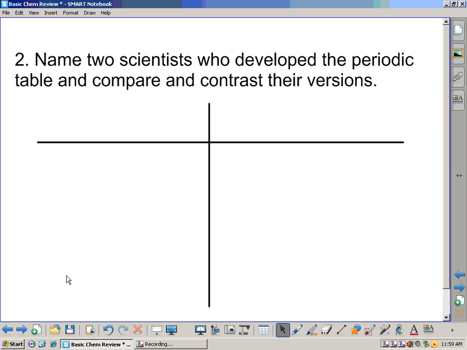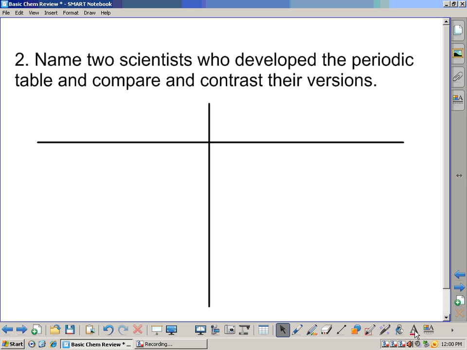Well, there were 2 main scientists that worked on the periodic table, Moseley and Mendeleev. And the difference was the way they put the chemicals, the elements, in order on the periodic table. And if you looked in your textbook to answer this question, you would have seen that the periodic table started by being in order by atomic mass, which is that long decimal that you see in each square of the